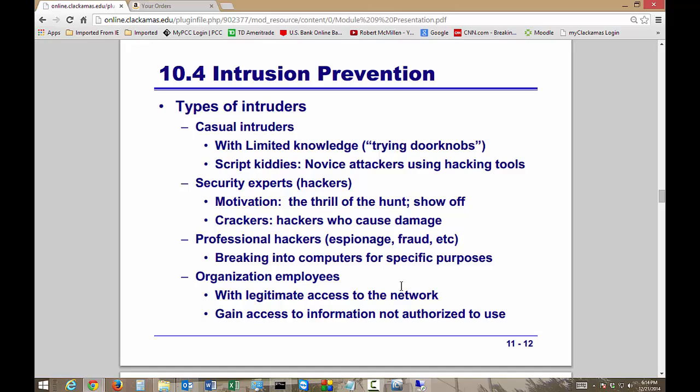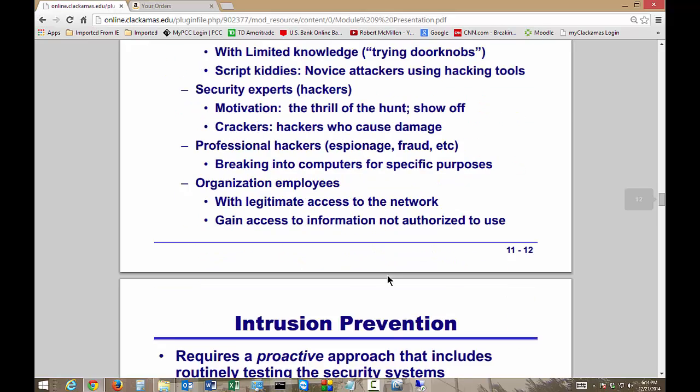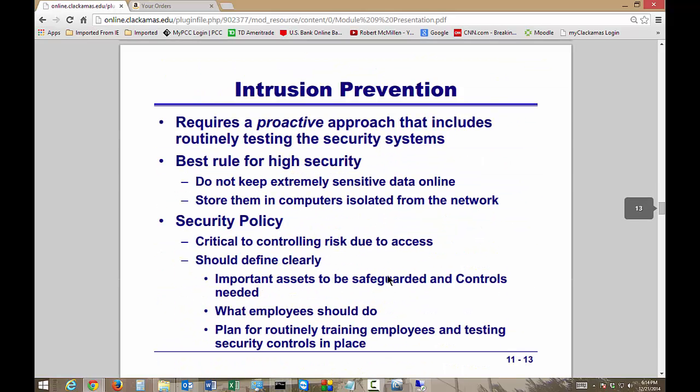Organization employees with legitimate access to the network can gain access to information they are not authorized to use. So they get this information and they may decide to use it against the company. So you need a way to prevent that from happening, and you can do that by being proactive. So the best rule for high security: do not keep extremely sensitive data